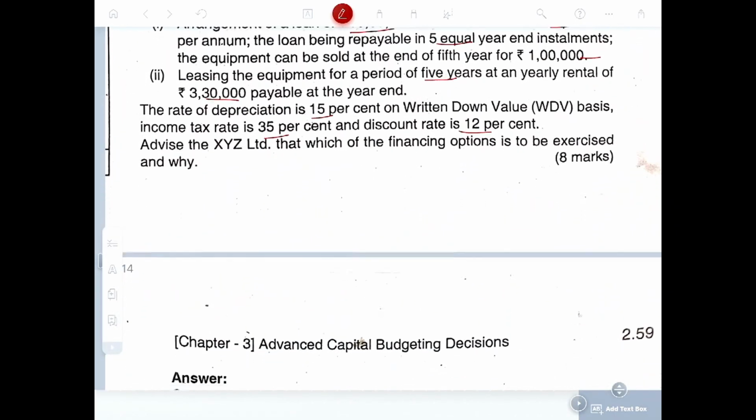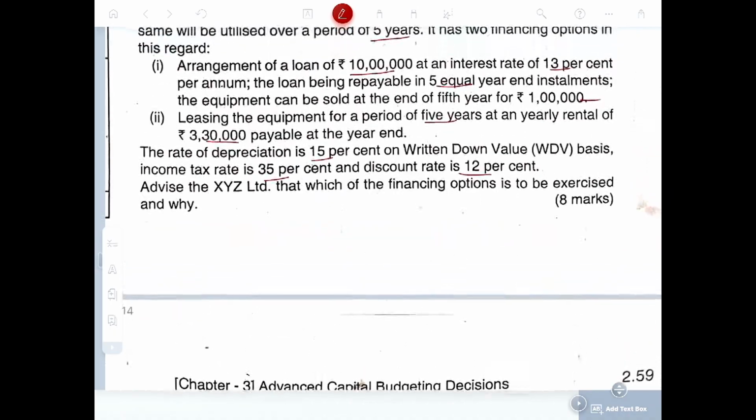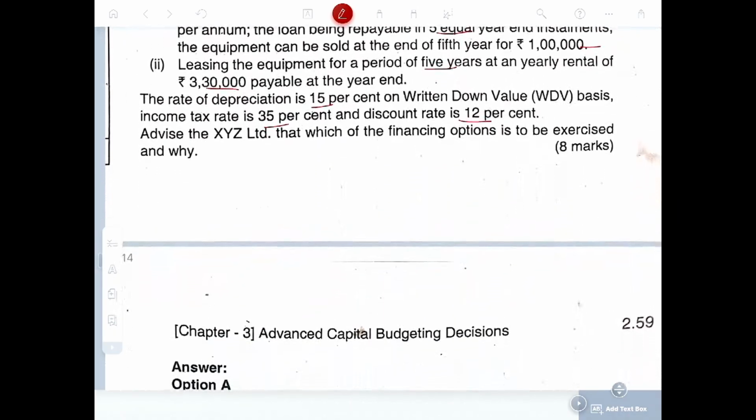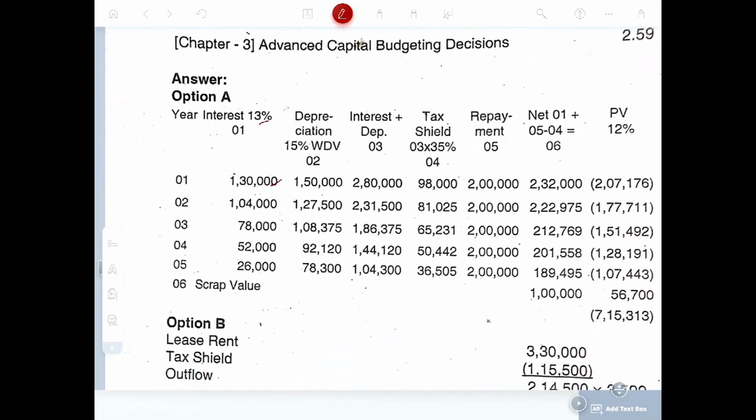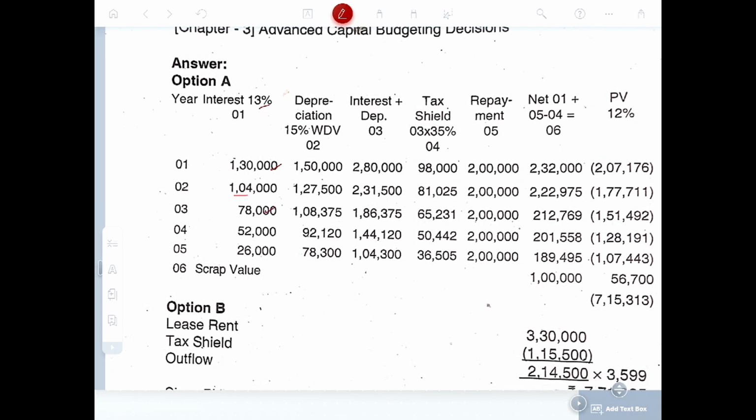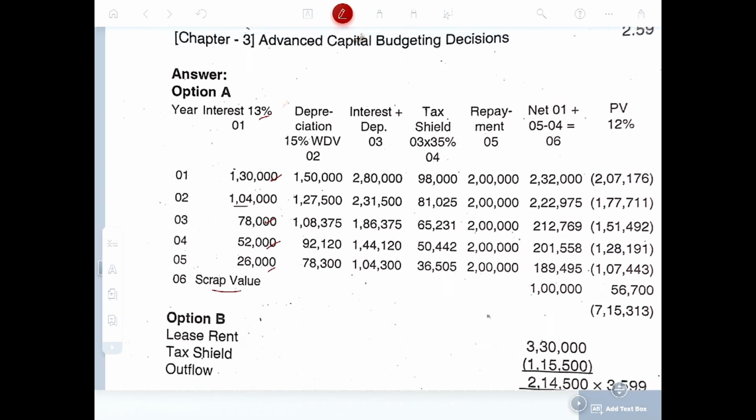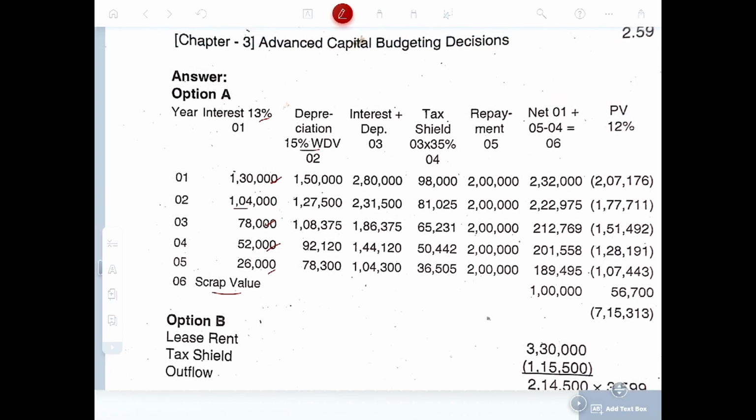Equipment sold in the 5 years and 12 percentage rate of interest, and how do you get interest? 8 lakh, yeah, 8 lakh. For about 6 lakhs into 13%, 78,000, then 4 lakhs, 2 lakhs, no scrap value, depreciation, 15% return on